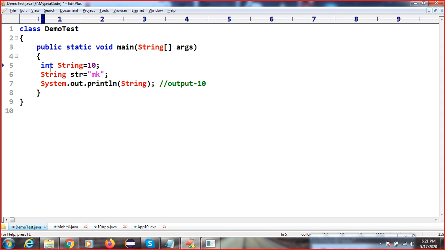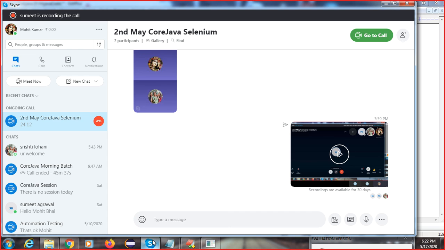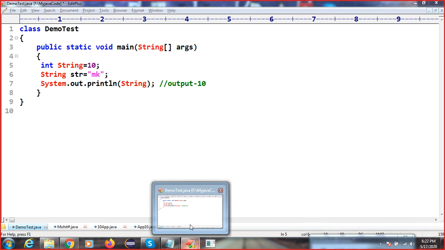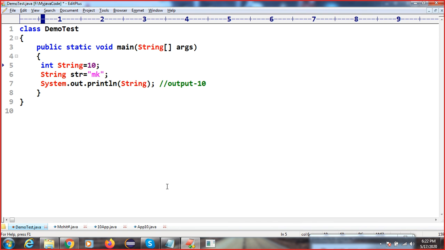Sumit, are you able to understand? Okay. Any others who are not able to understand? Okay, because Java is independent. All the topics are independent of each other. So if we go day by day, it will relate to the previous topic. If you are not able to understand, Nasima, are you able to understand this? Okay, then we're good to go.